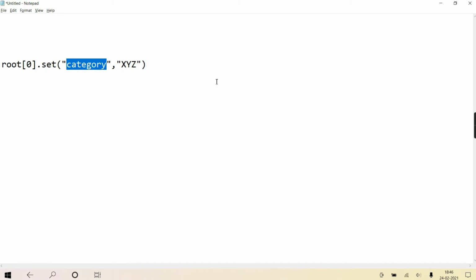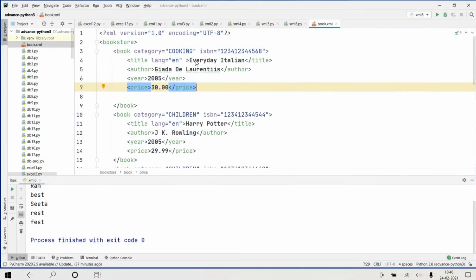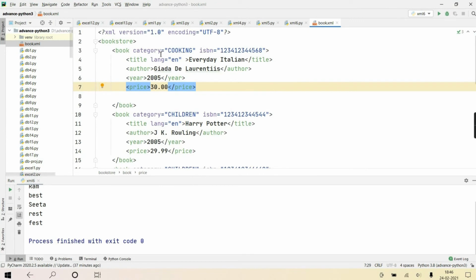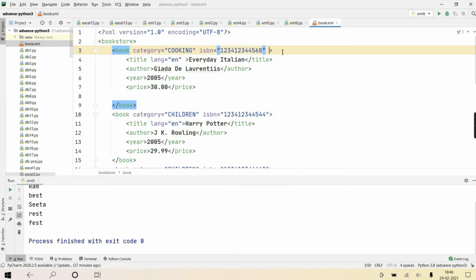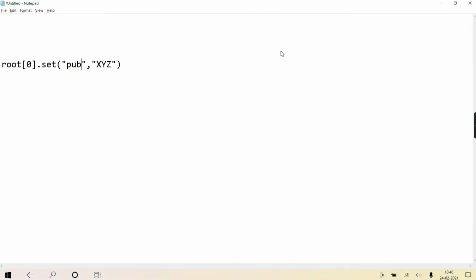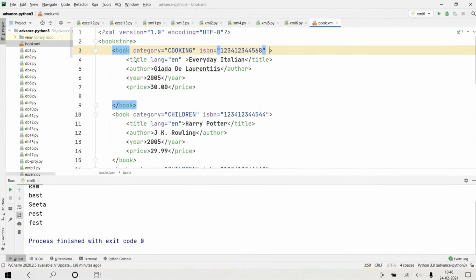Like here, there was category and one more is ISBN. Category and ISBN. I'm putting one more thing over here. Suppose I'm putting publisher and xyz. So root of 0 dot set. Root means bookstore, 0 means the 0th child of that root, which is also an element. Do you agree?